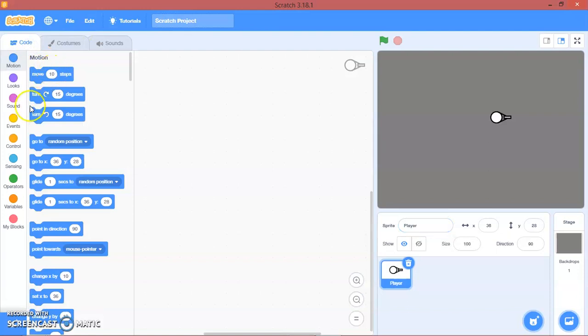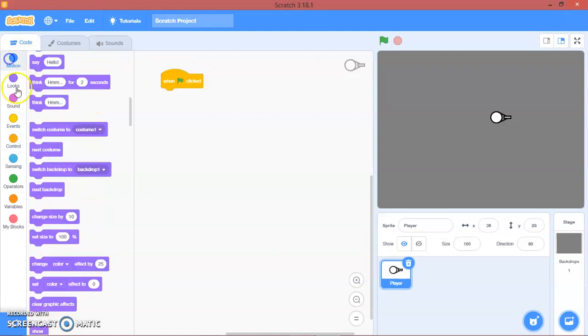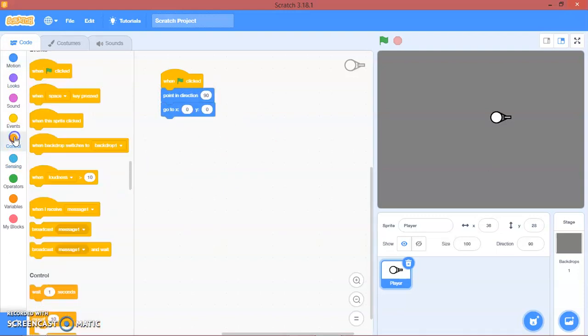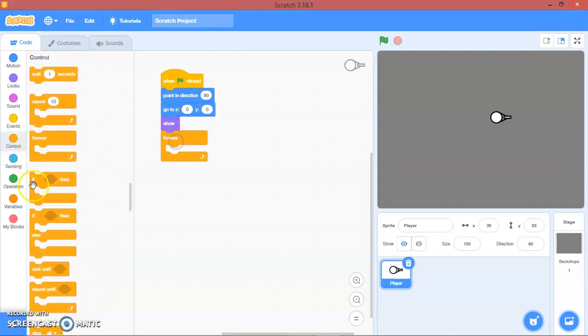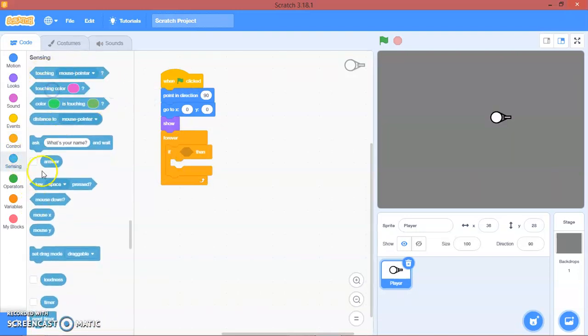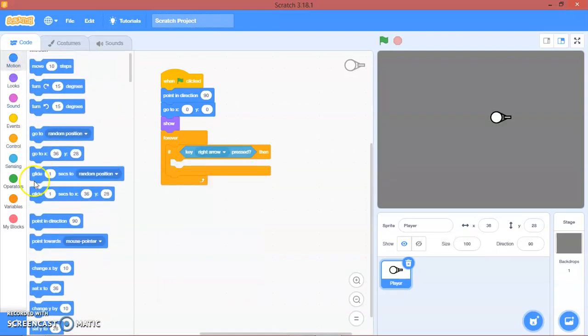We'll go to code. Go to events. When green flag clicked, we'll go to X 0, Y 0. We'll point in direction 90, and then we will show it, and forever if key right arrow pressed, we will